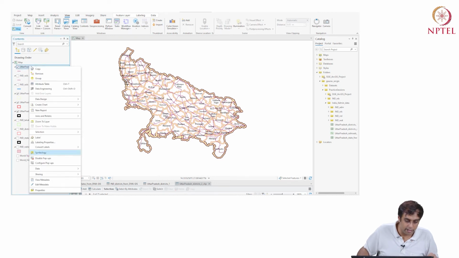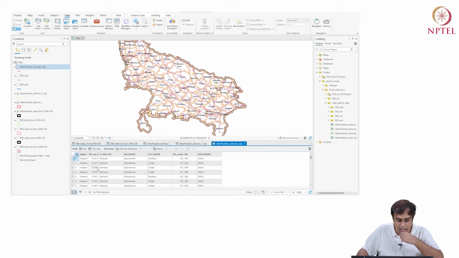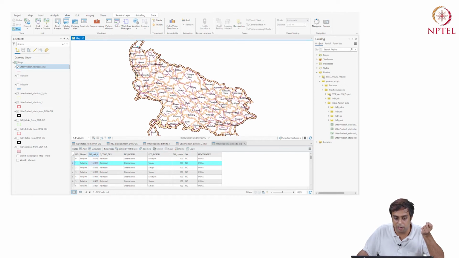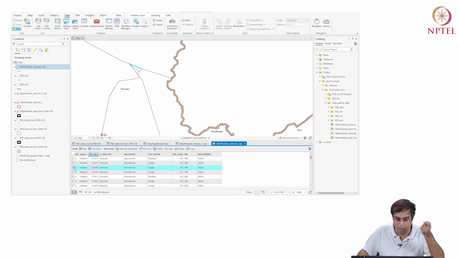We can also look at the attribute table of this and see what the railroads data actually has, the CSV file has. Okay, so it says it is a railroad, it is operational, it is a multiple or a single railroad, single line, multiple line, right? India, ISO country. It has a rail ID, so if you select a particular rail ID, it's going to select a particular line. There we go, right? So it's a join of different lines. So you can see how these line features are joined together to store information.